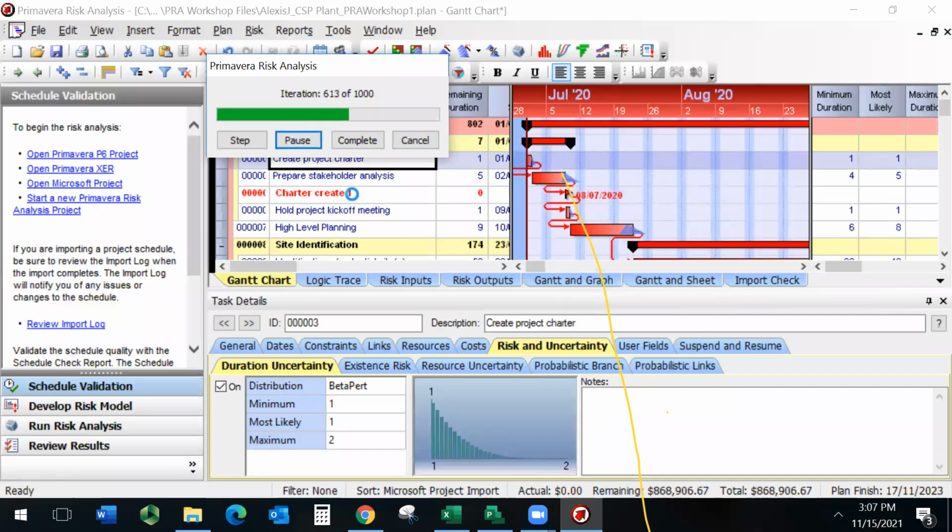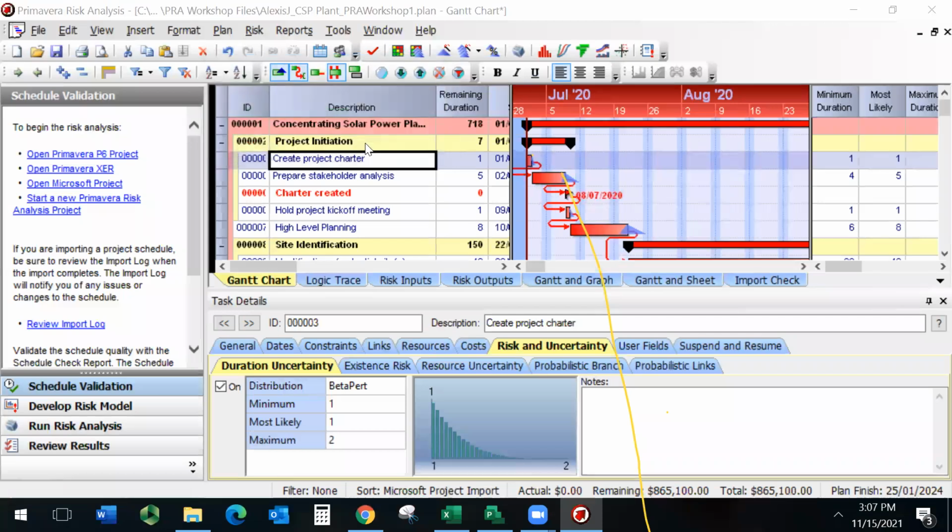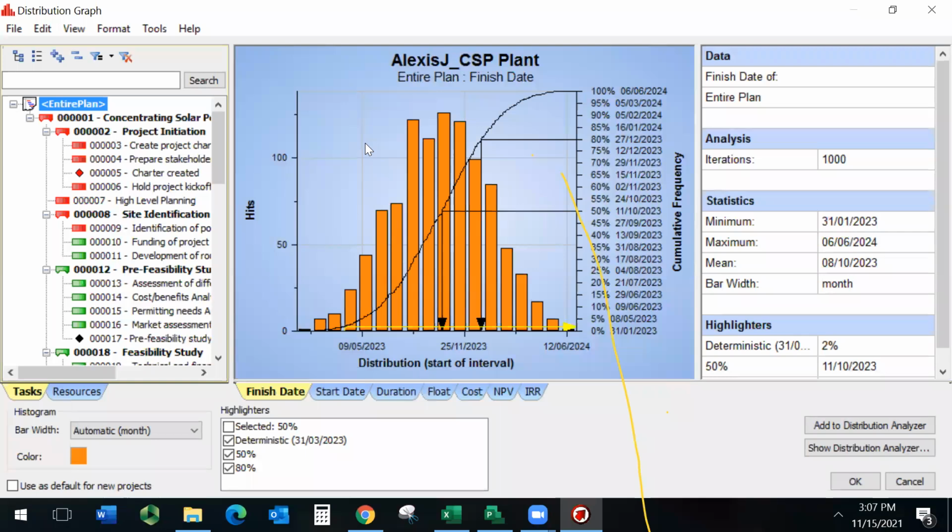So I'm going to click Complete, and when you click Complete, it goes faster. So it doesn't have to take that long. This is the result of your Monte Carlo simulation. Now, what can you do with this information? You can use it to negotiate with your project sponsor. The project sponsor sometimes, or most of the time, I'd say, gives you a top-down estimate. The top-down estimate is what they believe the project would take or would cost, but many times it's